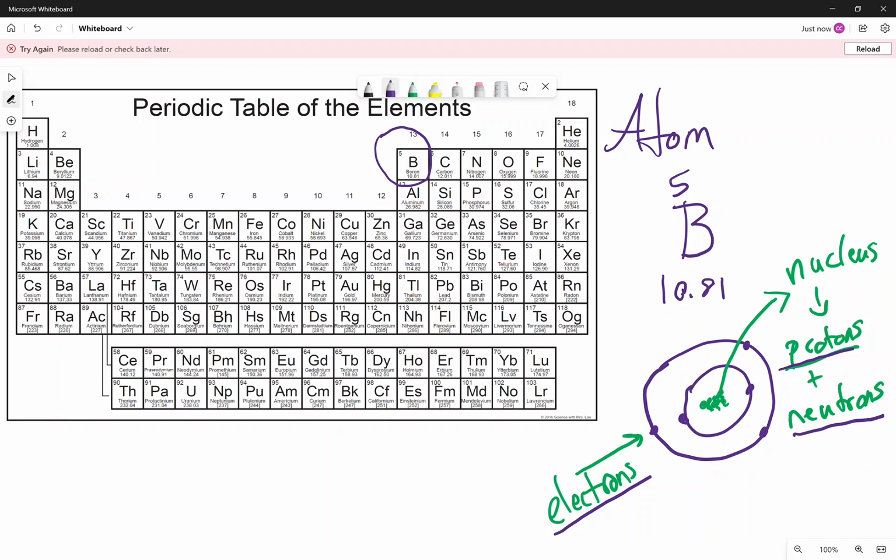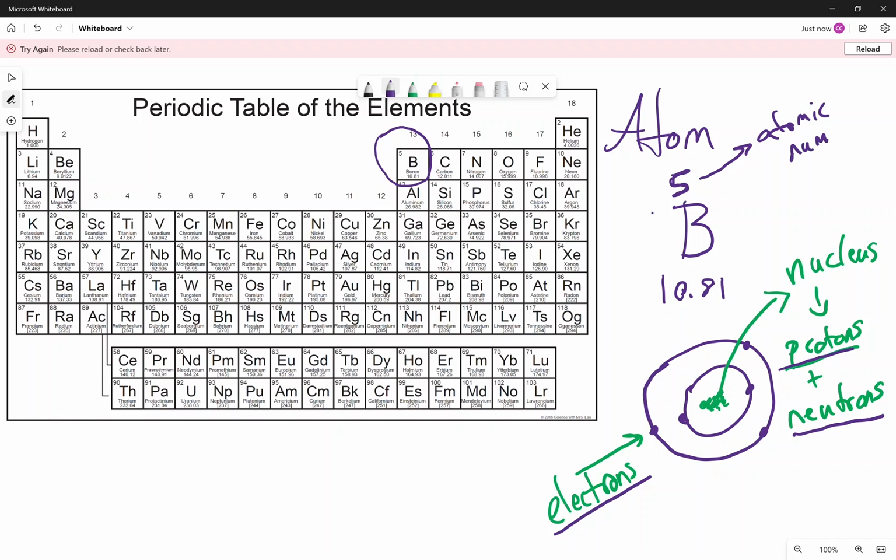Now, how do we know how many protons, how many neutrons, how many electrons an atom has? The great thing is the way the periodic table is set up, and it's set up this way because of the order of elements. When Mendeleev set up the periodic table, he understood inherently what we were going to find, what we had found, and what we were going to find in terms of how atoms behave. So we're able to take this number 5 here, and that is going to tell us, this is our atomic number,